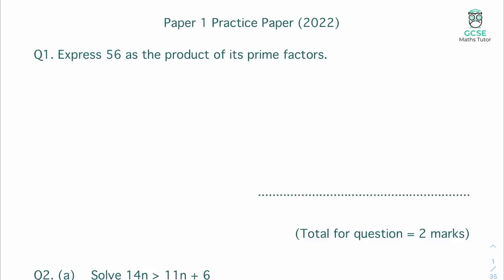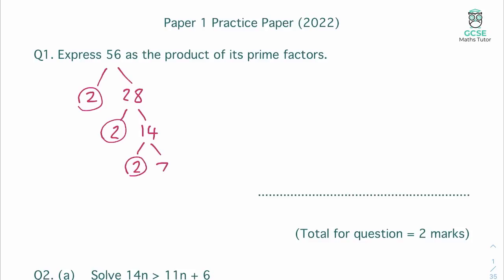Okay, so looking at our first question, and we have product of prime factors. So very important that we get the first two branches right here. So I'm looking for two numbers that multiply to make 56. I'm just going to go straight off the question. So I know it's even, so I'm going to divide it by 2. So let's go for 2, and it's 2 times 28 that makes 56. I'm going to circle the 2 as that's prime, and then we're going to go 2 and 14. Circle the 2. And then that's going to be 2 and 7, and 7's prime as well,